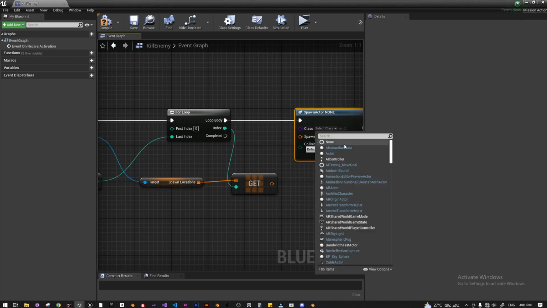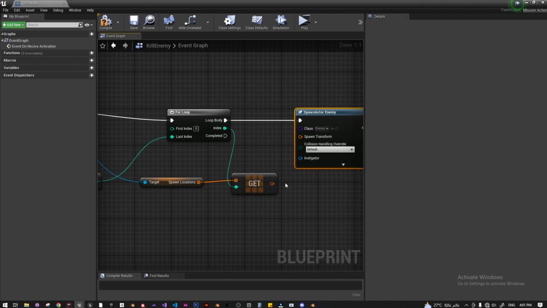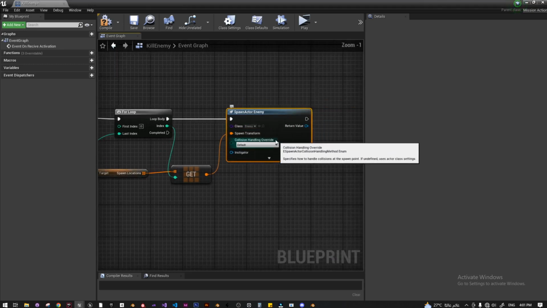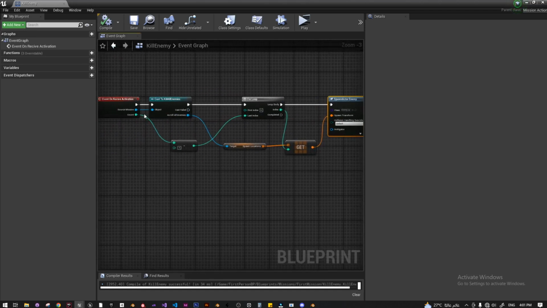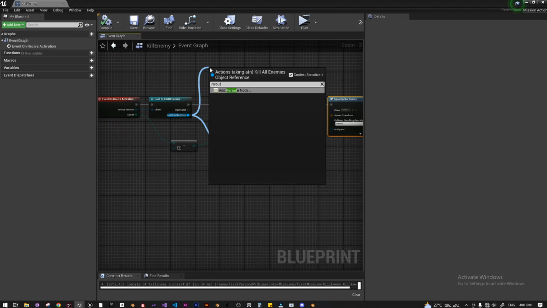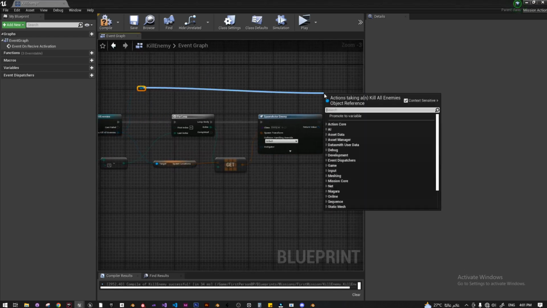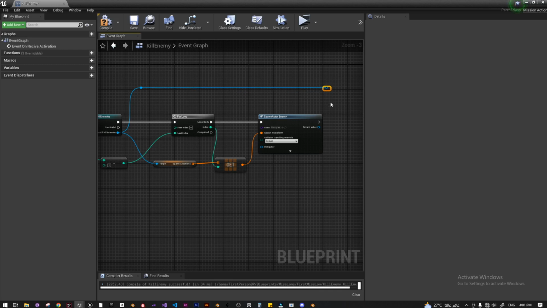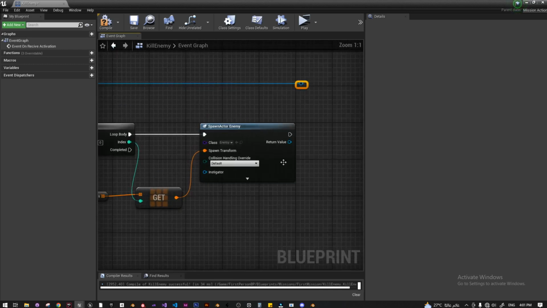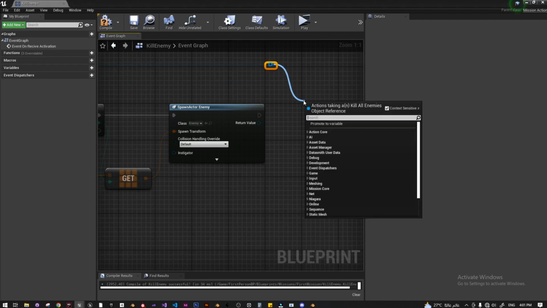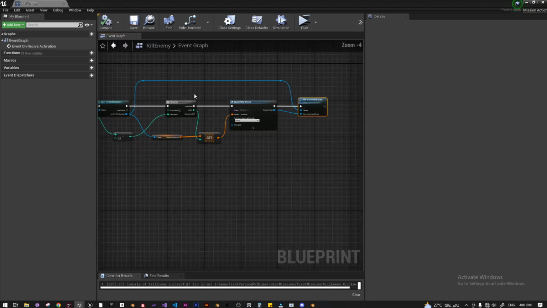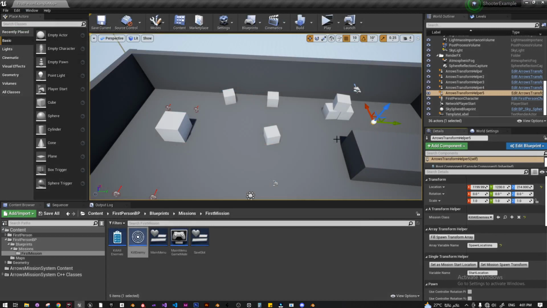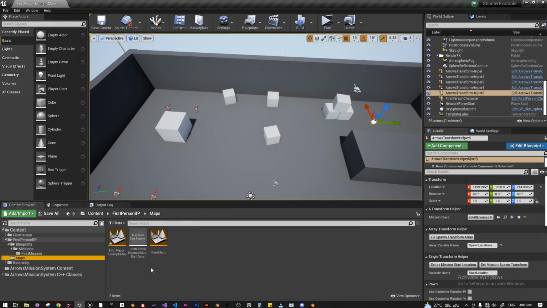I'm going to spawn my enemy class, and I'm going to spawn it here. And now I also want to get this mission reroute node. Because I want this actor to correspond to this mission only, I'm going to add associated actor, and I'm going to give it a reference of each actor I spawned. Okay, and now if I play the game from the map,